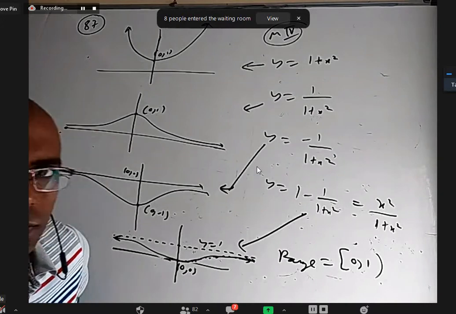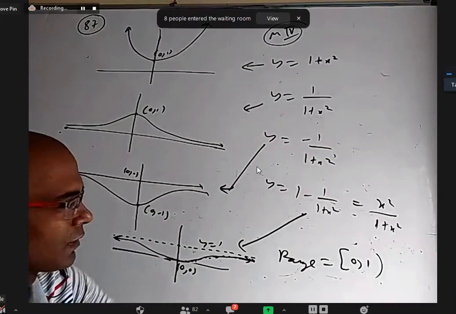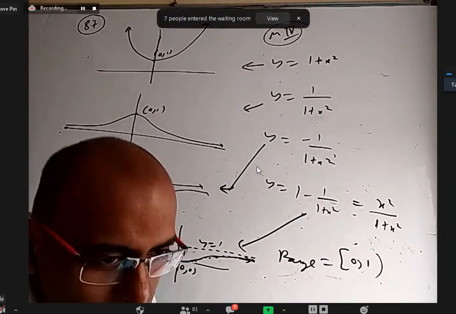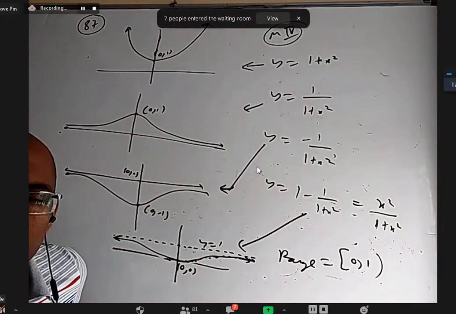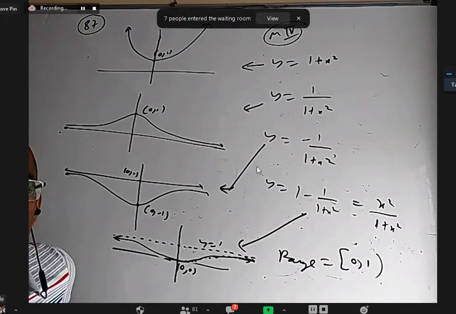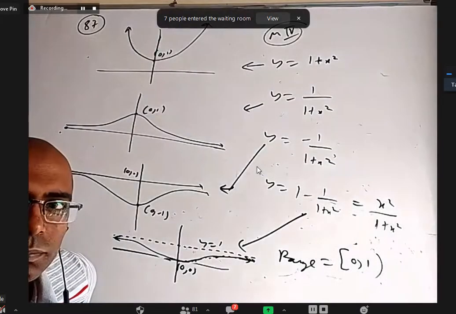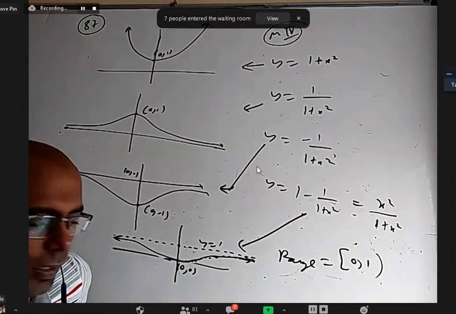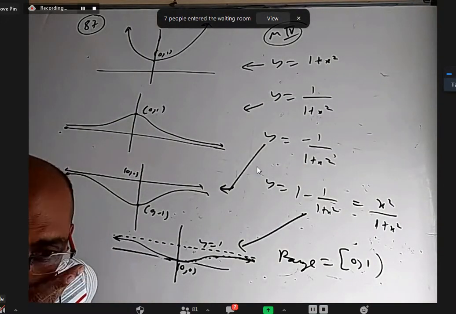Now, without all these things, I'll tell you one simple common sense. I'll directly tell you the range. You don't need a graph, nothing. Just a little sense. Can I guess? Yes, tell. So, by looking at the question, we can say that the numerator is always less than the denominator. Therefore, it will be closed 0 to open 1. And it is always positive. That also you should say. Less than 1 means it can go to minus infinity.